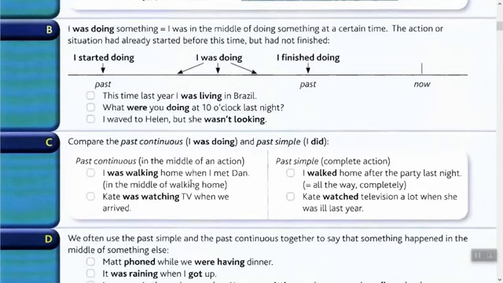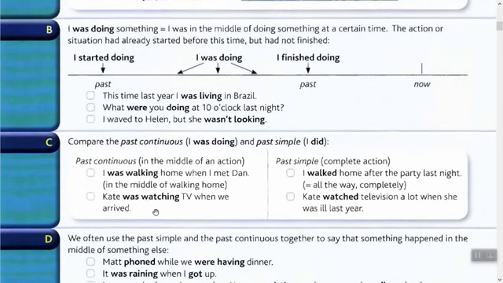يعني وانا كنت تمشي التقيت بدان، يعني قبل before I met Dan، قبل لا ألتقي بيه كنت شنو جاي أتمشى، فأنا جاي أتمشى ولقيته. أوكي كملت أتمشى. I was walking home يعني رايح للبيت، when I met Dan يعني in the middle of walking. لكن هنا نشوف اختلاف. I walked home after the party last night يعني بعد الحفلة رحت للبيت. She finished ماكو، she continuous all the way يعني completely.